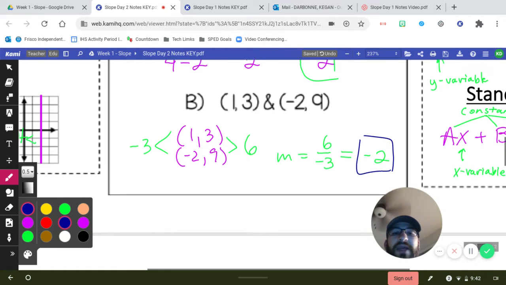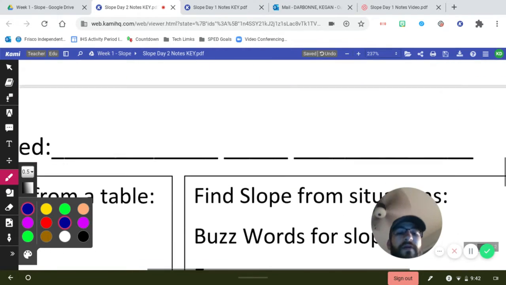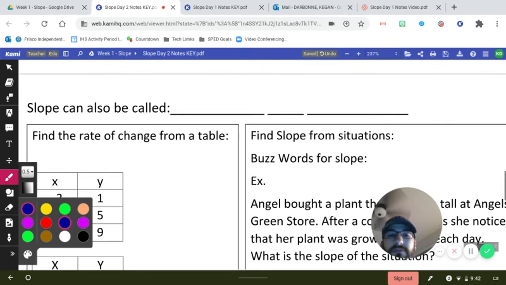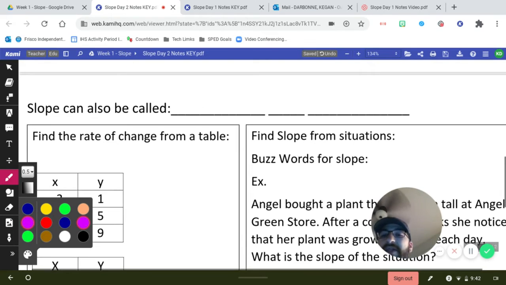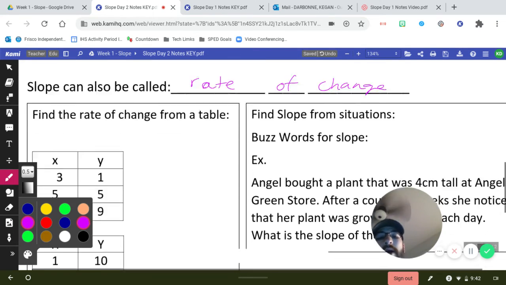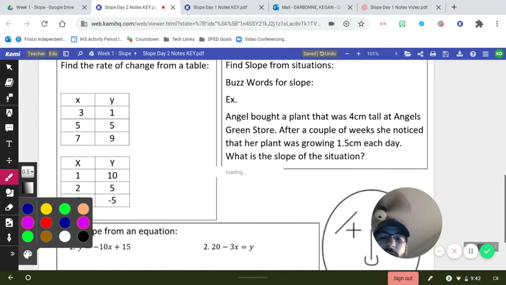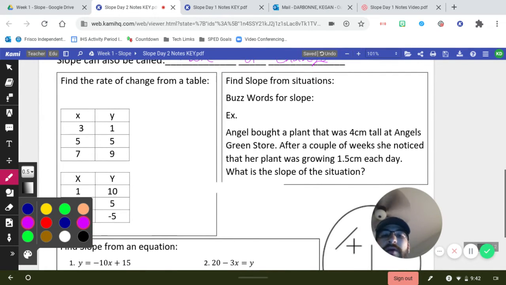Okay, so all of that should be kind of a recap from last class. We've used this phrase a little bit: slope can also be called rate of change. Sometimes you're going to see it called slope in a problem. Sometimes you're going to see it called rate of change. They mean the same thing. Okay, and we're going to talk about 3 different ways: slope from an equation, slope from a word problem, and